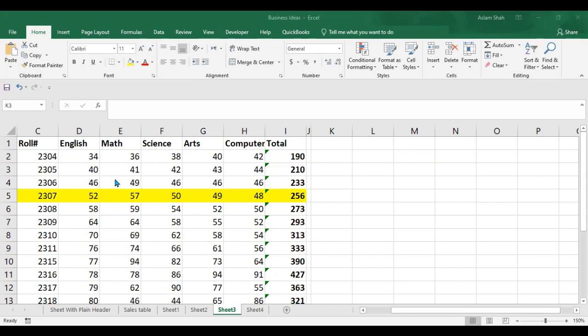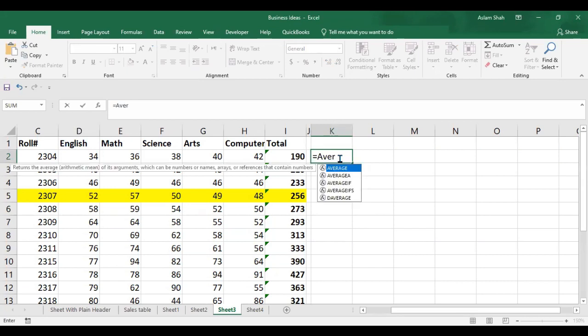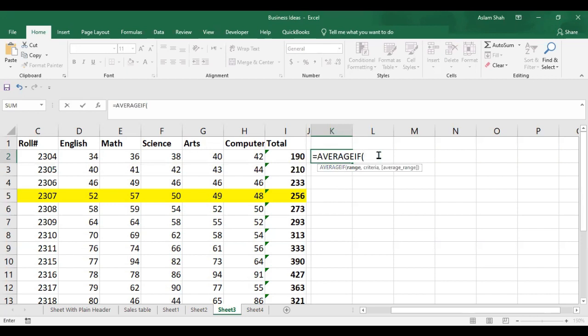Let's get back to the Excel sheet. This is the data I want to use the AVERAGEIF function on. So first of all, I would write the equal sign and then write AVERAGE. This will open the options available, AVERAGEIF, and press the Tab key and then write